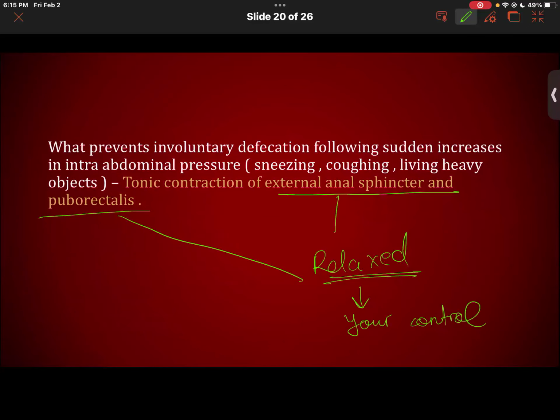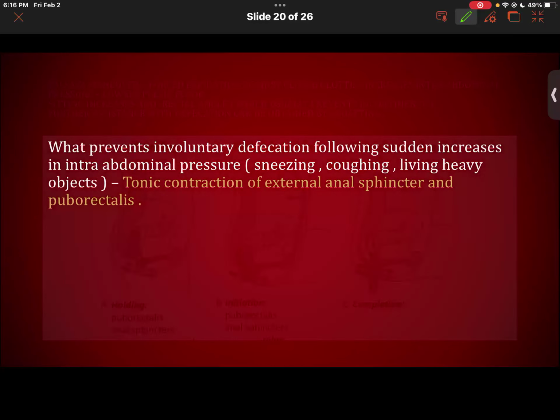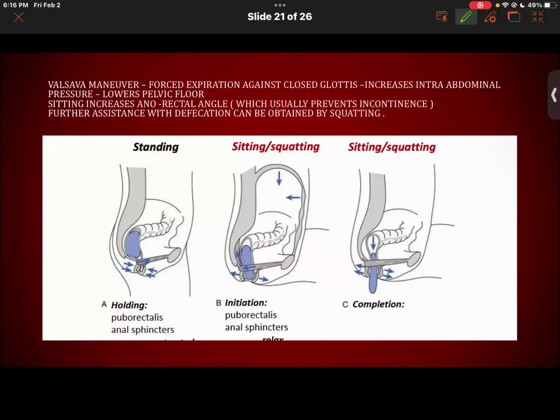And this is when it relaxes. And when it relaxes, obviously, you can defecate. This only happens when you're in an ideal situation to defecate. Okay. Now we have something called Valsalva maneuver, and it was mentioned in the notes, and that's why I mentioned